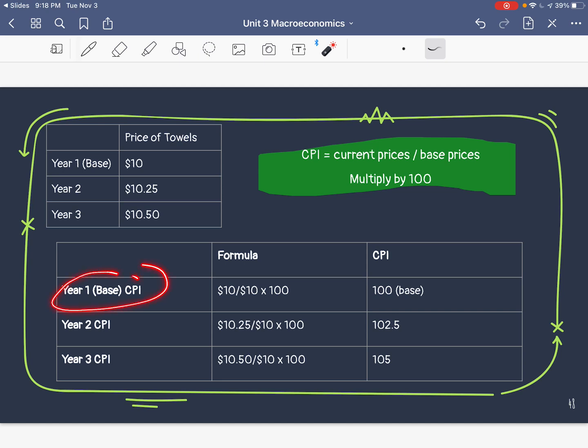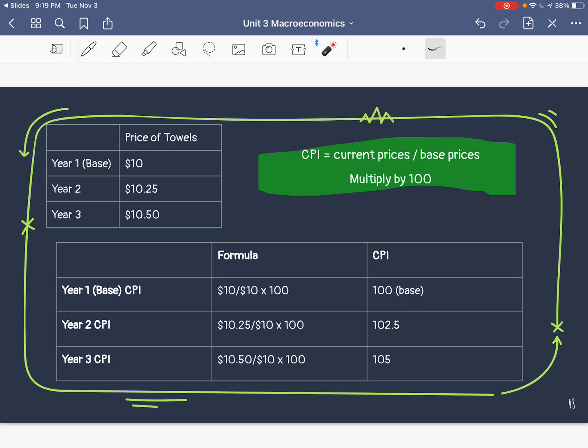So year 1, if we do the formula, $10 is our current price, divided by the base year, which is year 1. So divided by itself times 100 is 100. Okay, so 100 is the base. A good consumer price index is 100 because it means there's no inflation. Okay, year 2, the price goes up. So our current price for year 2 was $10.25 divided by 10, which was our base price, times 100, is 102. You see how it increased? Inflation went up